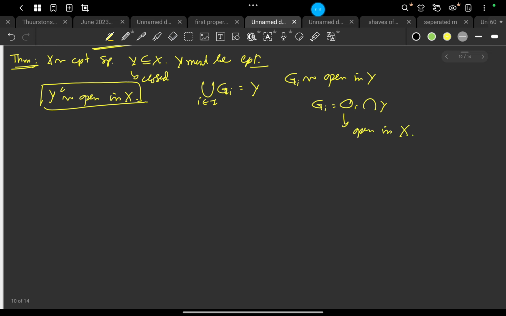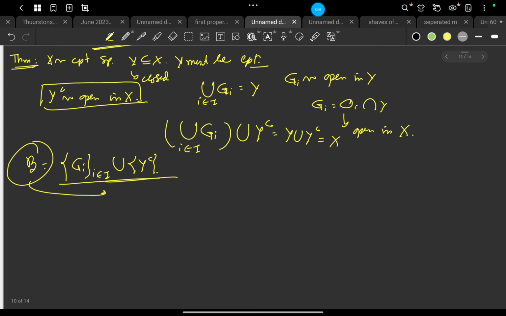So as X is a compact topological space, B must have a finite subcover. Let's consider this finite subcover as B1.